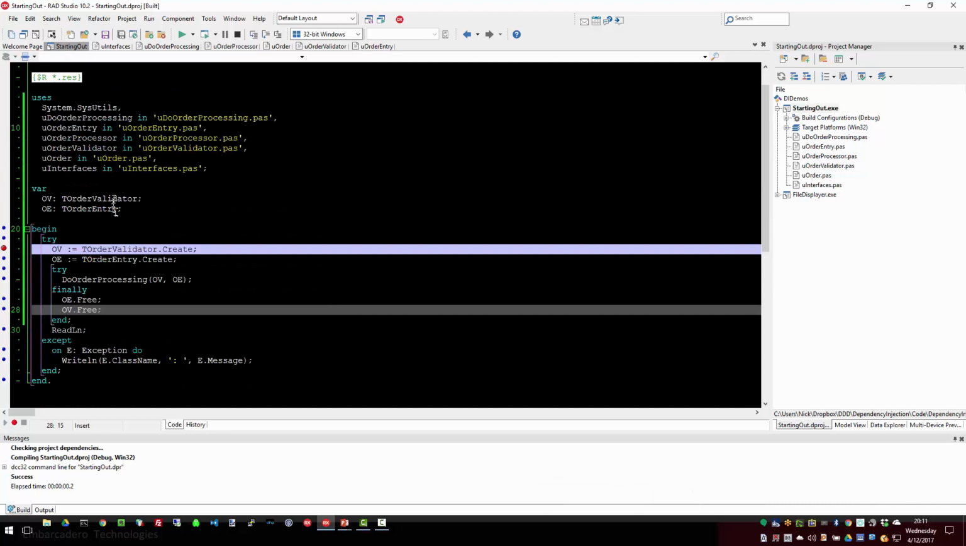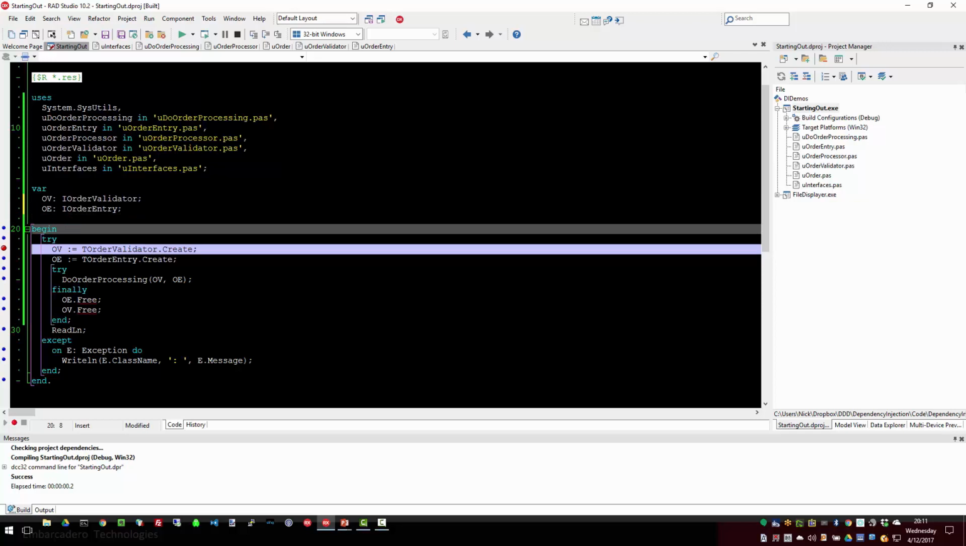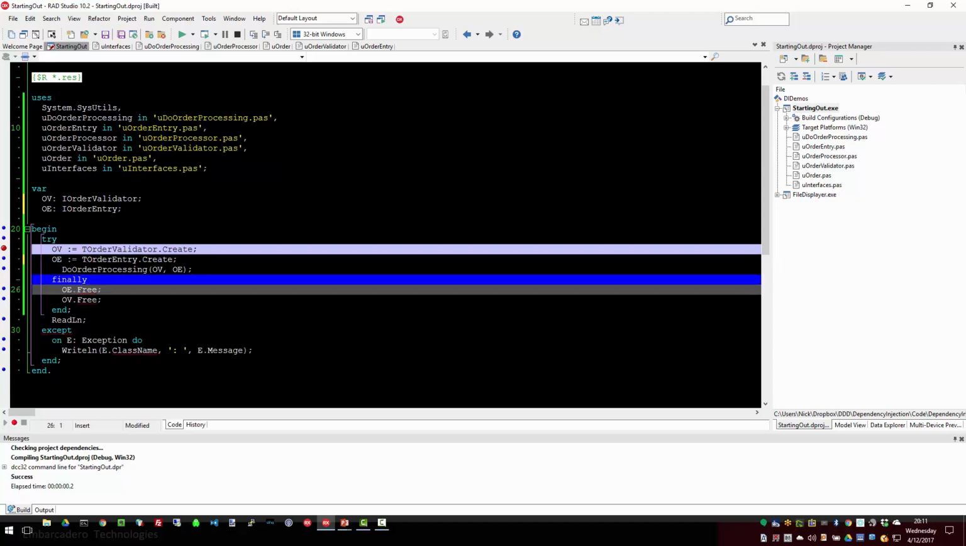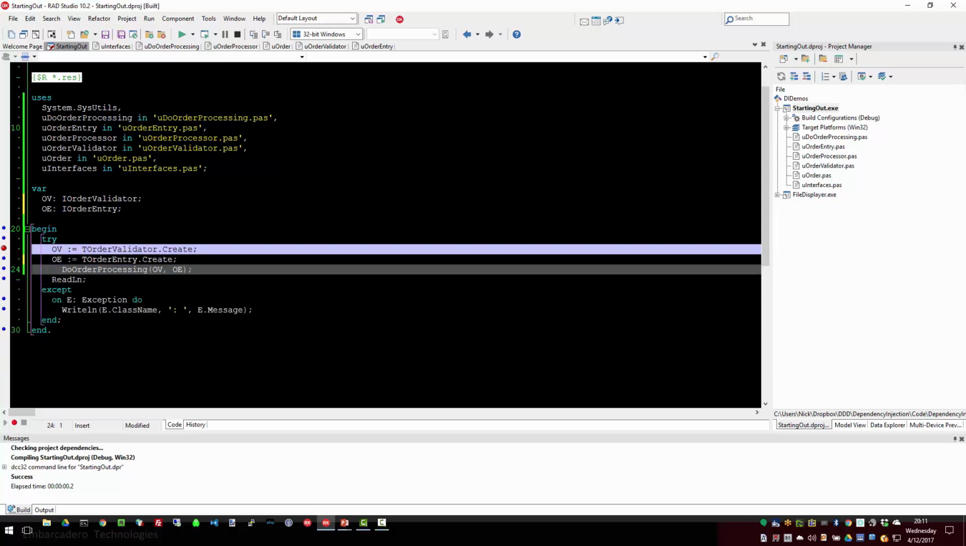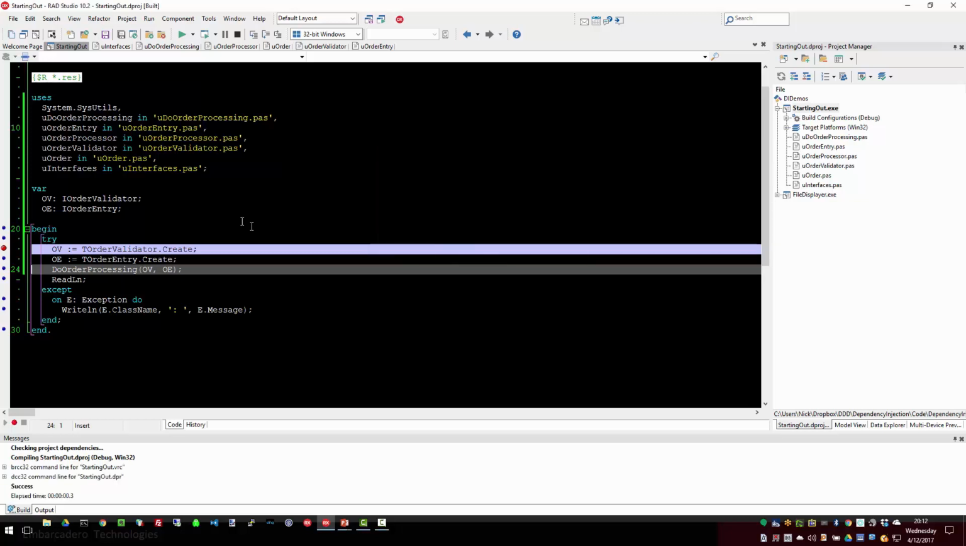And we get an error because we're not passing interfaces here. We don't need the try finally anymore because we're passing interfaces like so. And everything's an interface now, and everything should be decoupled. And we run it. And it works. So now we've got ourselves in a situation where